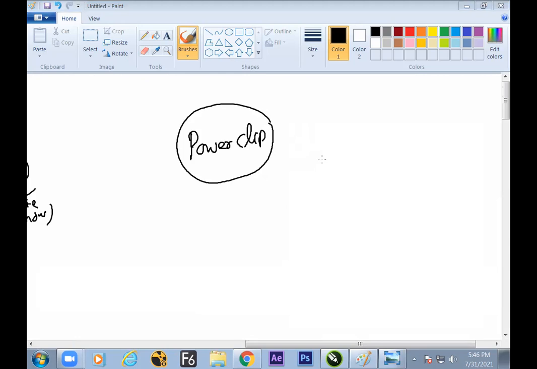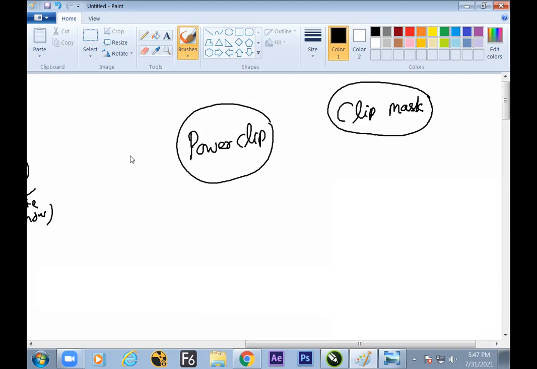In Photoshop, we do have a concept called clip mask. Am I right? In Photoshop, there is an option called clip mask. Is it there? How many types of masks are there in Photoshop? It is not like I'm questioning you and you need to answer, but yes, this industry needs this. Masking in Photoshop is of four types, right? Clip mask, vector mask, quick mask, and what is the other mask?